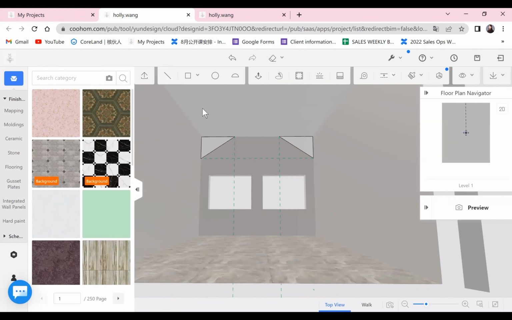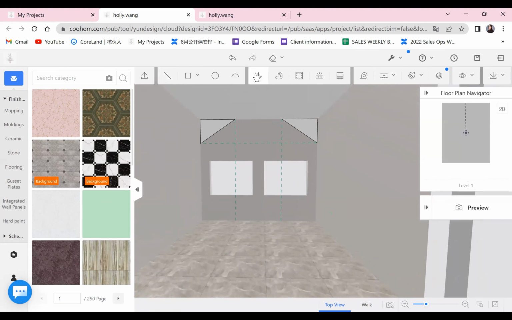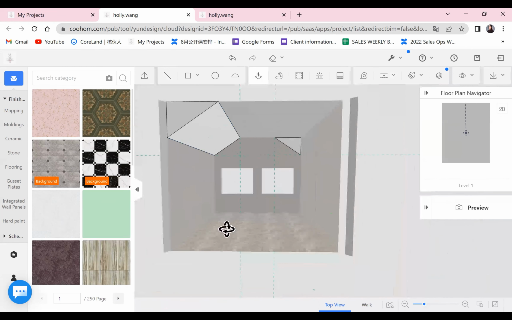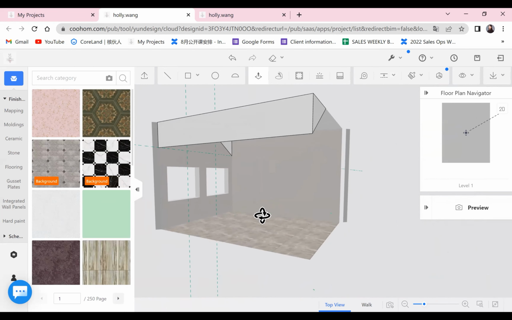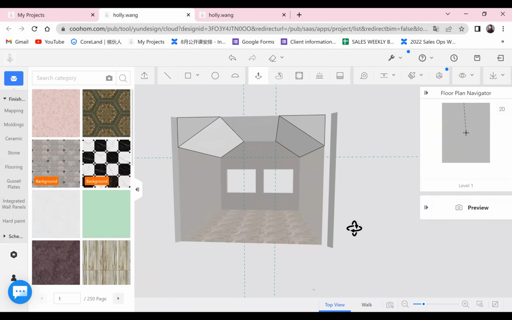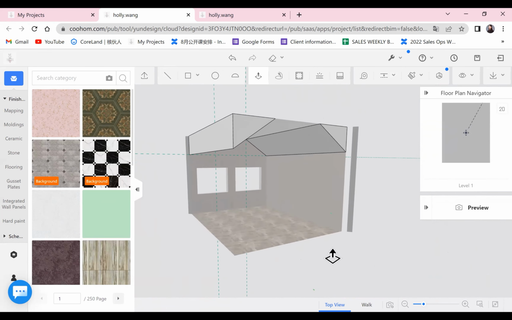Like this, okay? And then we can use push and pull. 5,000 all the way to the end, right? And this part is the same, 5,000. So this is how you get it.